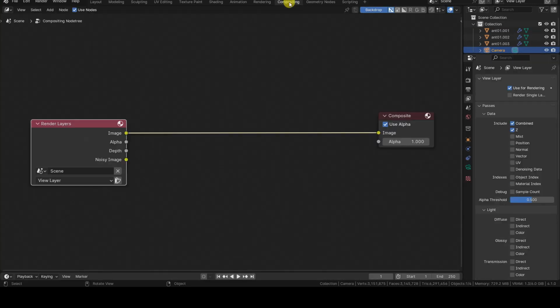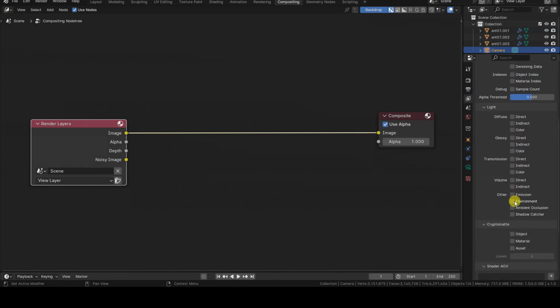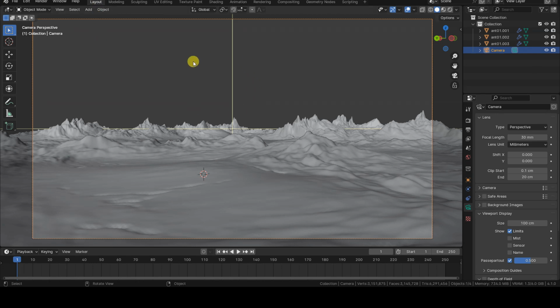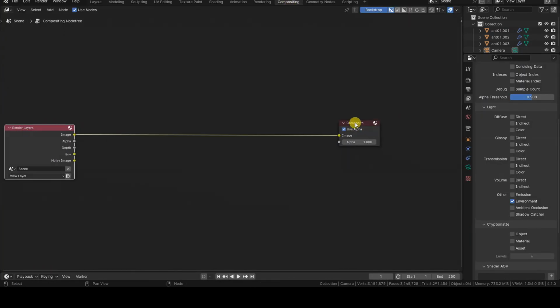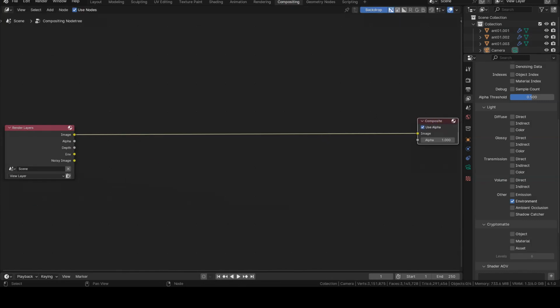Another operation to perform before starting the rendering is activating the Environment Render Pass to isolate the background from the compositing information. Once the rendering is done, this render pass will return only the background in color, while the objects present in the scene will be rendered black. At the end of the tutorial series, we will add the background to the complete rendering again.